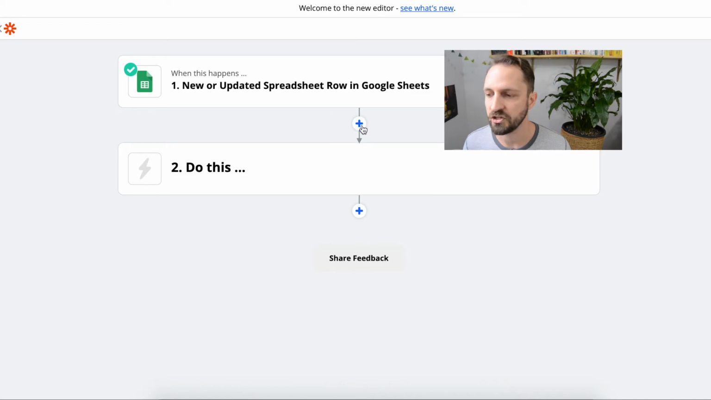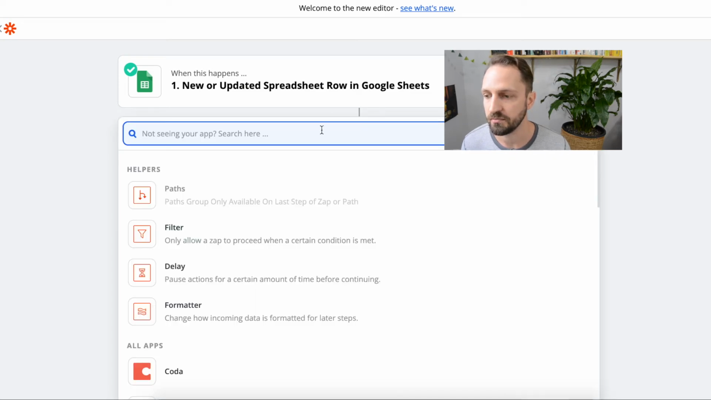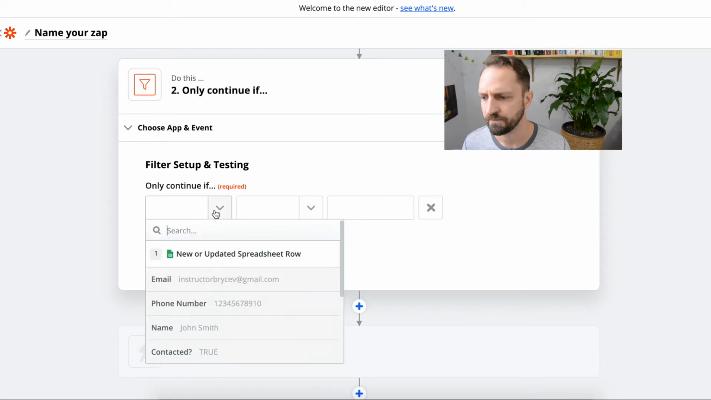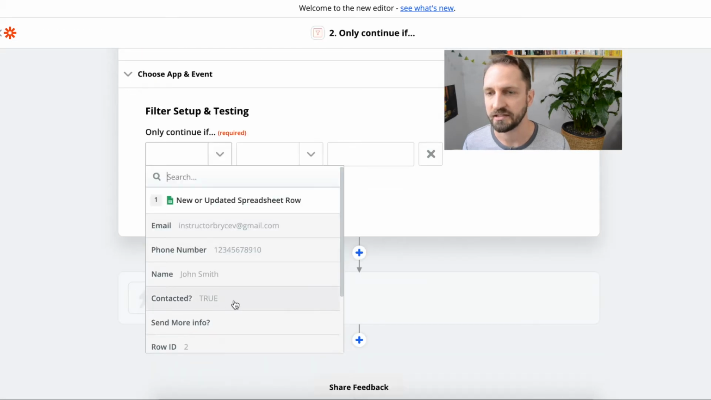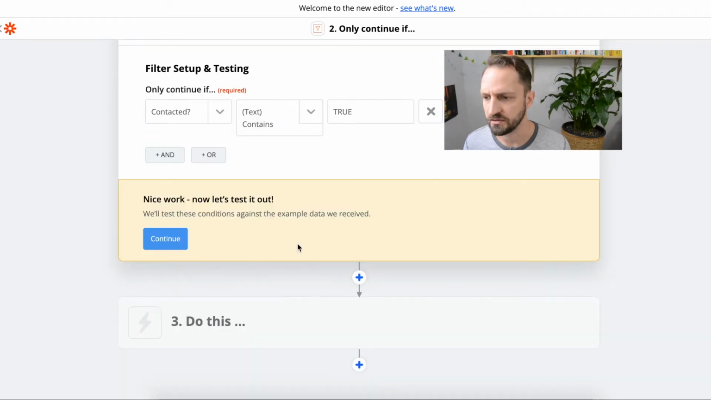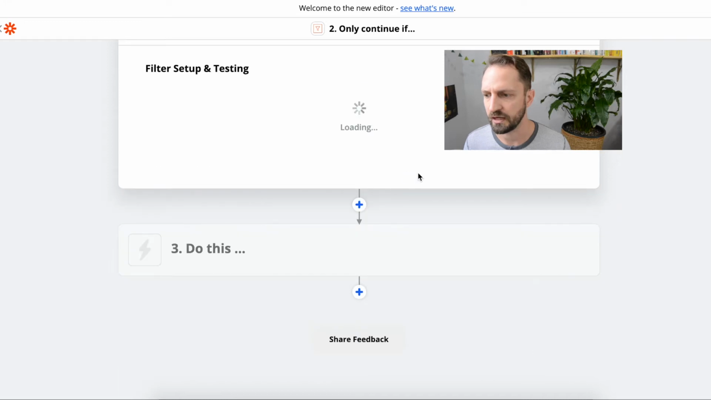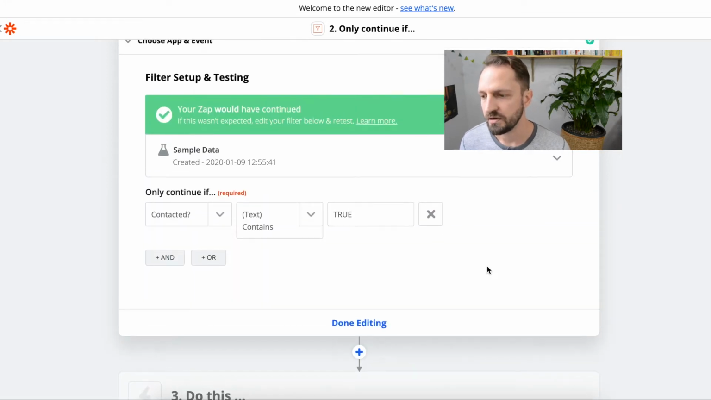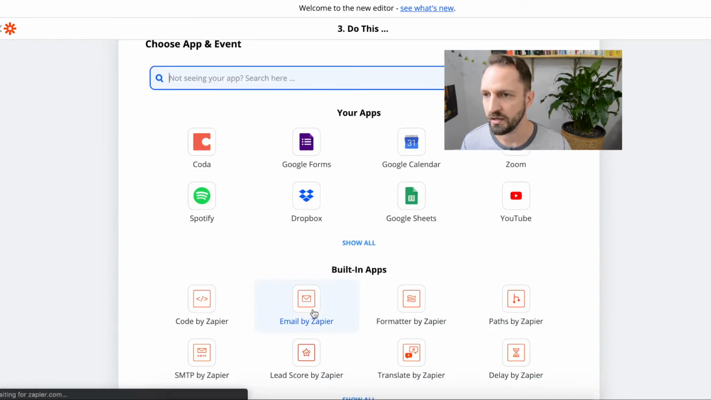So just to be sure that this moves forward correctly, we're going to put a filter in place. This way we can look at that contacted column for that updated row and just make sure. Let's do text contains, just to see. Okay, perfect. It would have continued. There we go. So now that we have the filter set up, the next step we want is just to